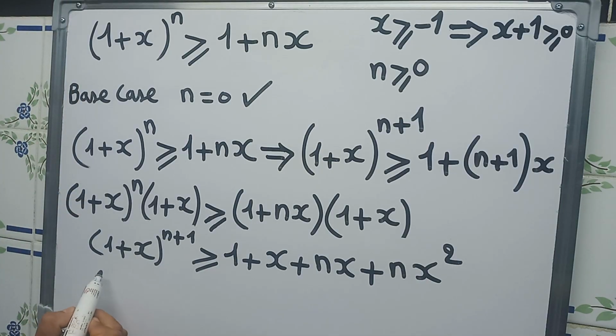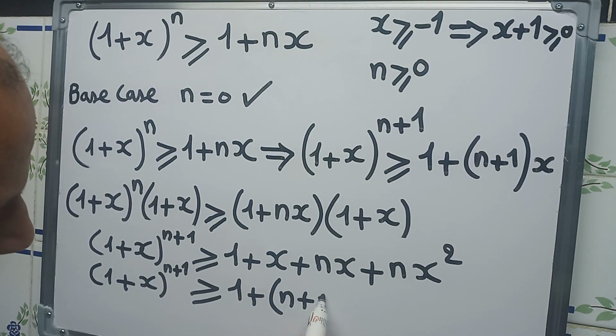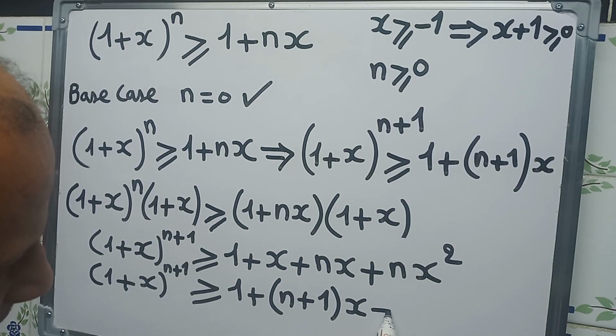Of course, meaning that (1 + x)^(n+1) is greater than or equal to 1, and here we have x as a common factor. So here we will have (n + 1)